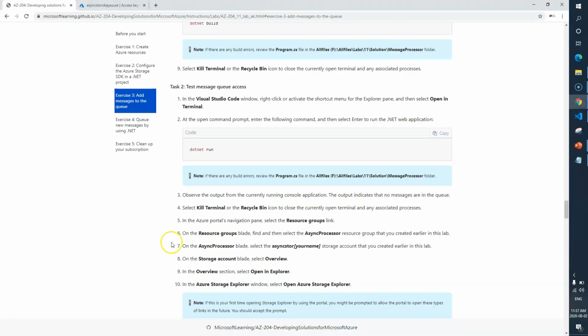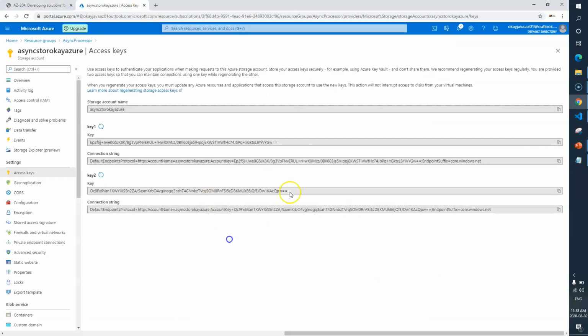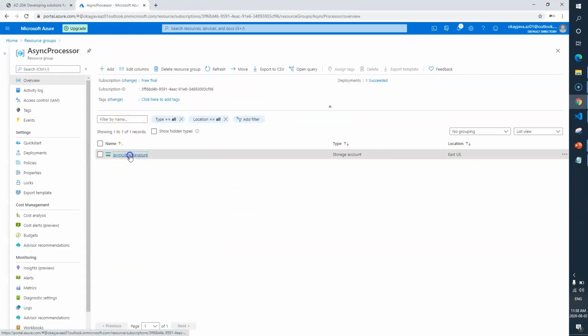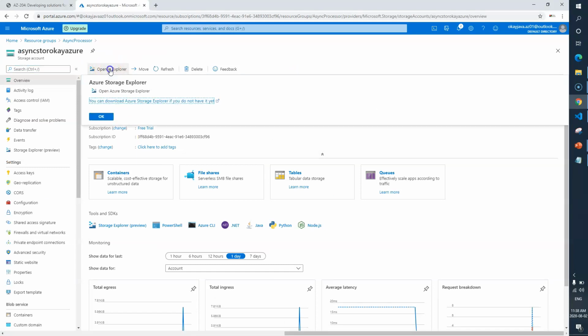Okay. So now we need to go back to the Azure portal, select our resource group, open your storage account, and then from there we'll open an Explorer, which is your Azure Storage Explorer. Okay, so let's do that first. I'm already here at the storage account level. Okay, let me open the storage account. Now, if you see here, open in Explorer, click. Okay, so I'm just going to download Azure Storage Explorer.